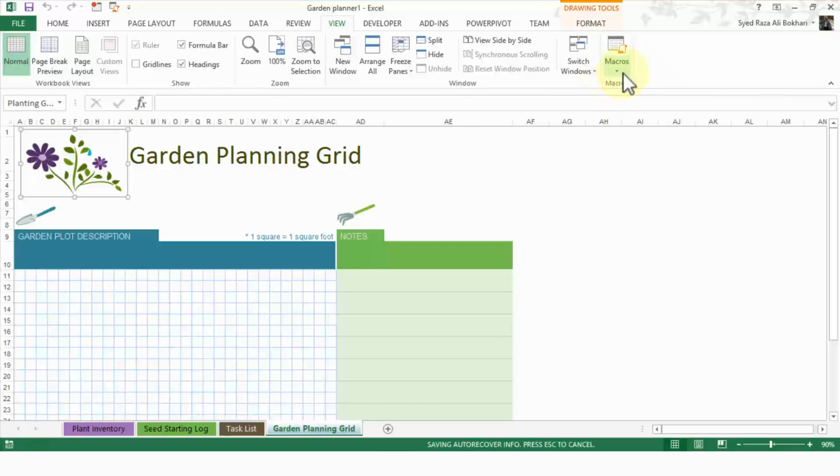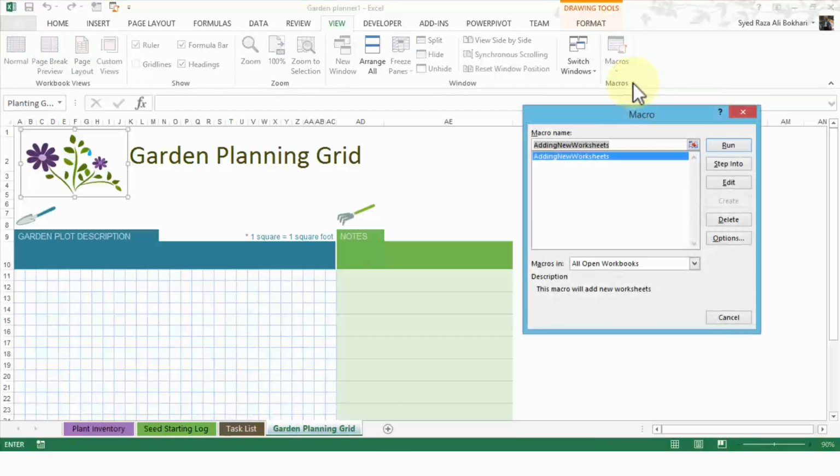Go up to my macros, and then I can either choose to view macros, which I'm going to do, and notice right here is the macro that I created earlier called adding new worksheets, and in this instance it gives me the option to run the macro. Okay, I can edit the macro by clicking on step into, and this will take me to the Visual Basic for Macros editor, and I can edit some code as well. Okay, so make sure my macro is selected, click run,